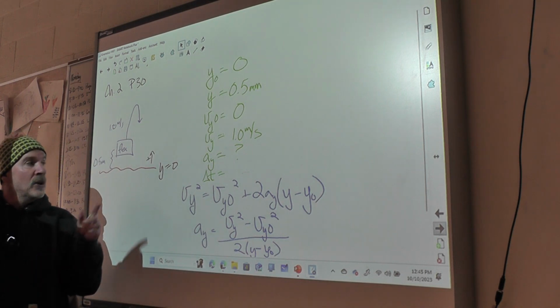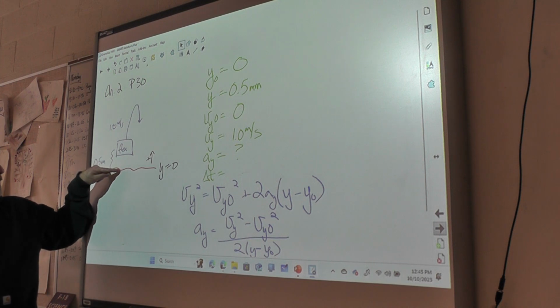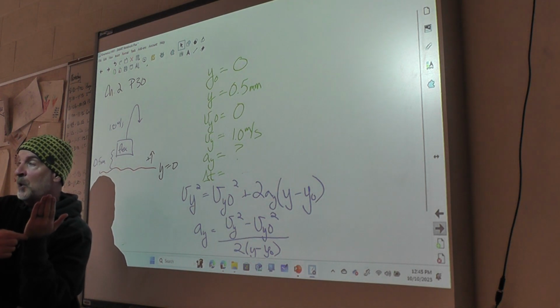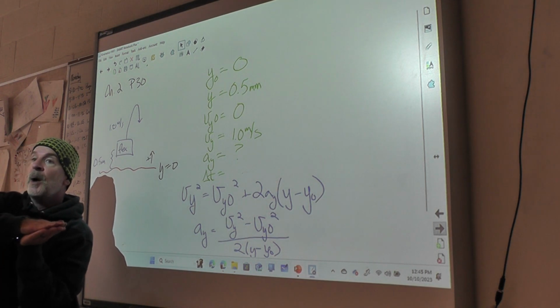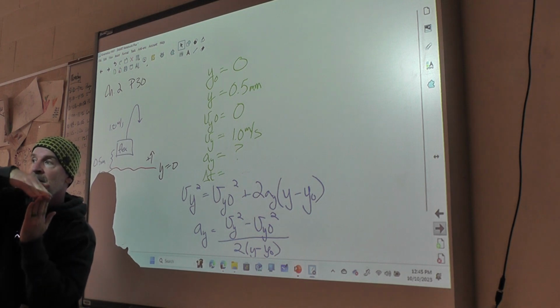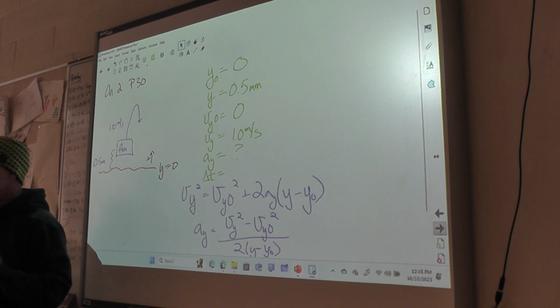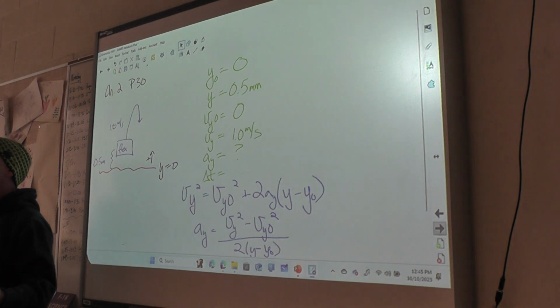With a flea, in order for it to jump, its legs have to stay in contact with the ground while they extend. So part of its leg, its foot, is on the ground the whole time. Part of its leg is extending, and its body is what rises 0.5 millimeters. So how do we solve this problem?